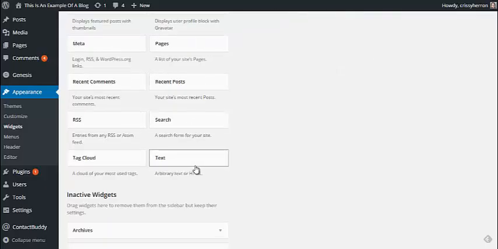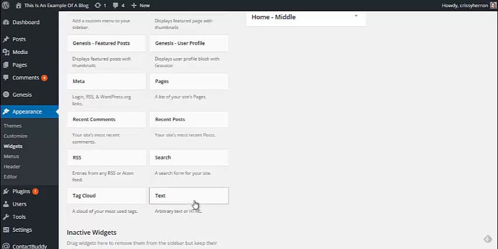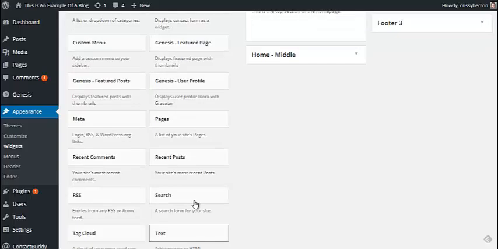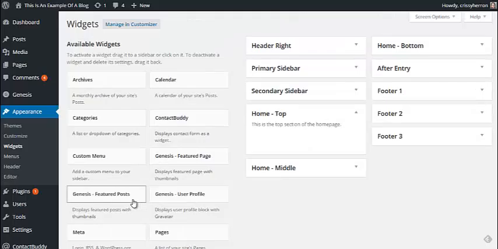You could have a text. You could use a text to put in anything you wanted. You could even put in HTML code to make things appear. So you can do all kinds of stuff. But let's go over here to featured posts,